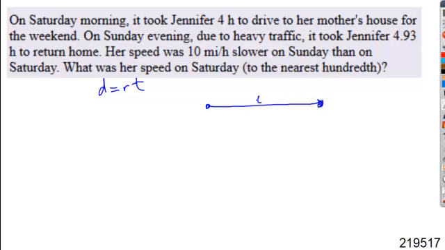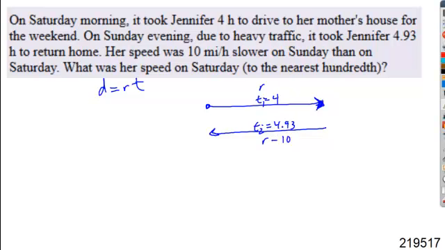the time is 4 hours, and it says coming back the other direction. So going there is 4 hours. On the way back, time two was 4.93 hours. And it says that the speed coming back on Sunday was 10 miles per hour slower. So here, the rate is some value R, and compared to that, the rate on the way back is R